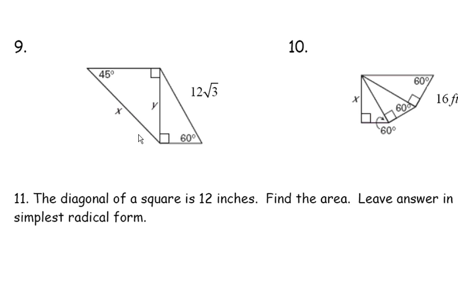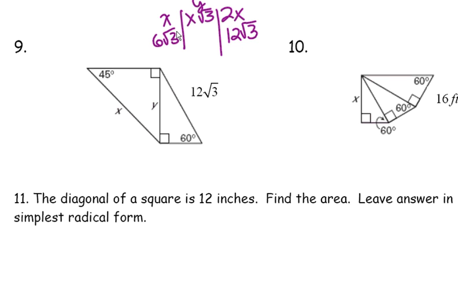So we need to figure out what we have going on here. We have both a 45-45-90 and a 30-60-90 right triangle. The piece that we know is the hypotenuse of the 30-60-90 triangle. So we have x radical 3, 2x, and the bit that we know is this one, 12 radical 3. The thing that I'm looking for, y, is the long leg of that triangle, which means that I need to know what x is in order to figure out what x times radical 3 is. Well, x is half of 2x, so I divide this by 2, and I get 6